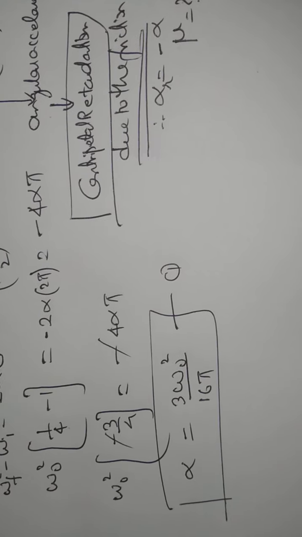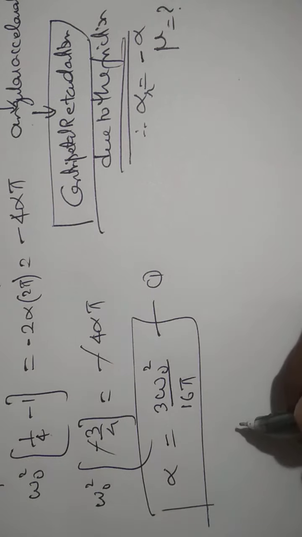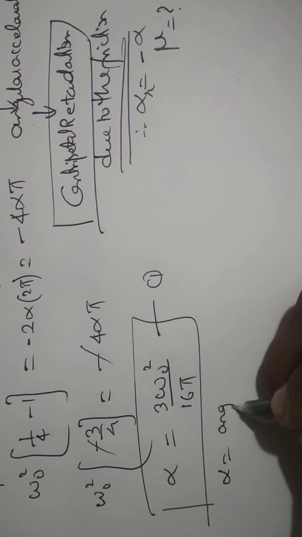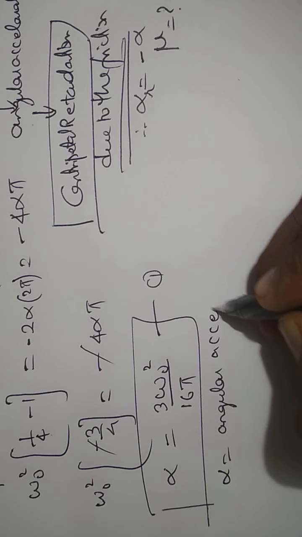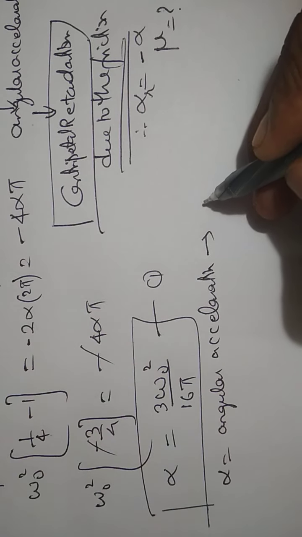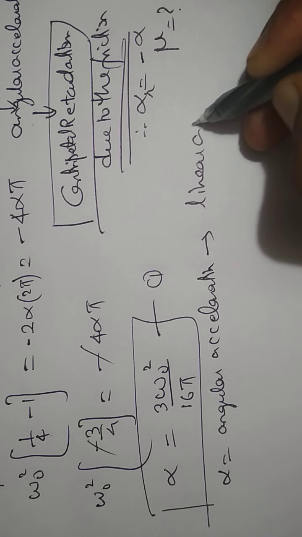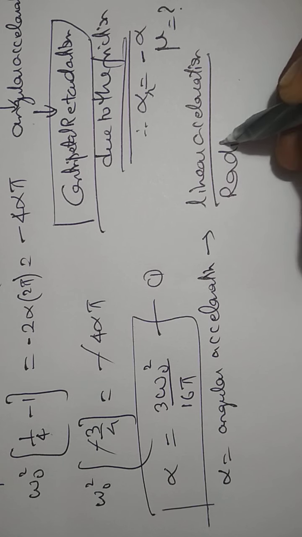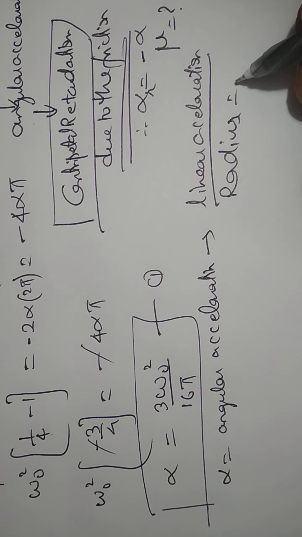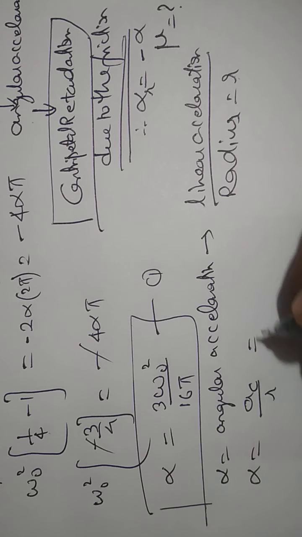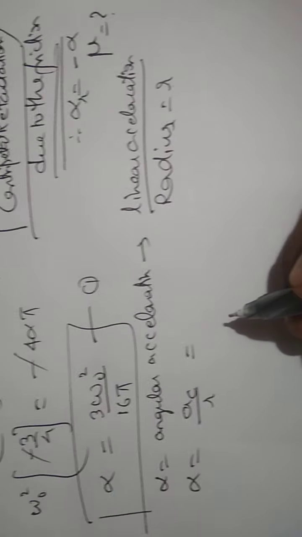But we already have an equation from our 9th standard: what is alpha? It is related to its angular acceleration, which is centripetal. So there is a relation actually. It is nothing but linear acceleration divided by the radius. What is radius? Small r. So alpha will be linear acceleration AC divided by r. What is AC? That is the most important part here to be understood.